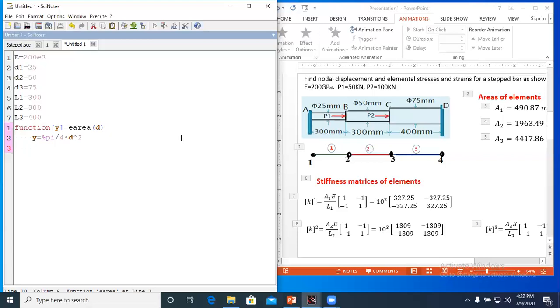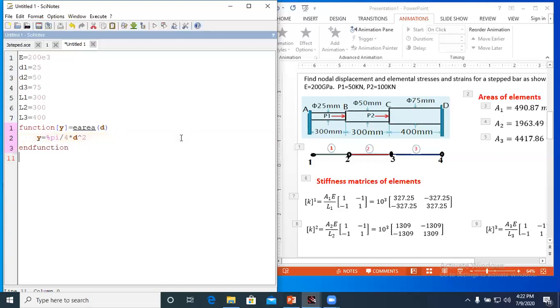Now after that you end the function, and for that you write end function keyword. Now here what will happen, how it will execute, I will show you. Here when we call the function, suppose we have called the function for the calculation of the area of the first element.